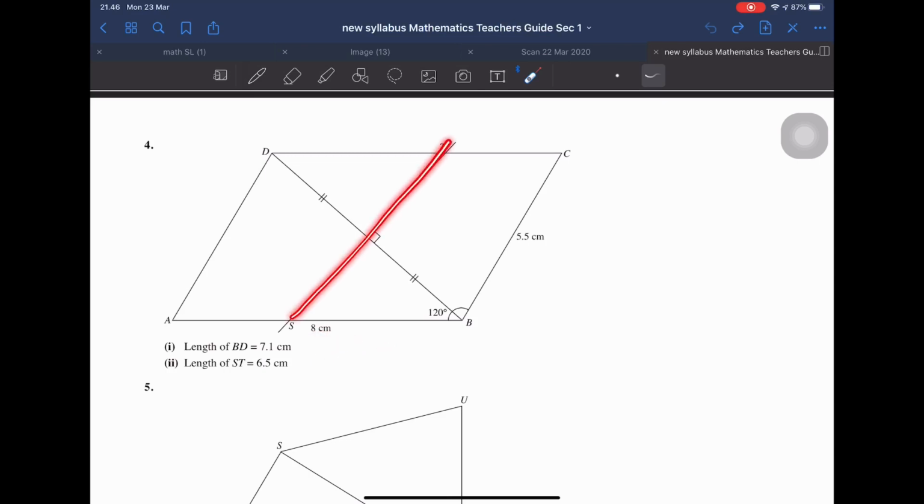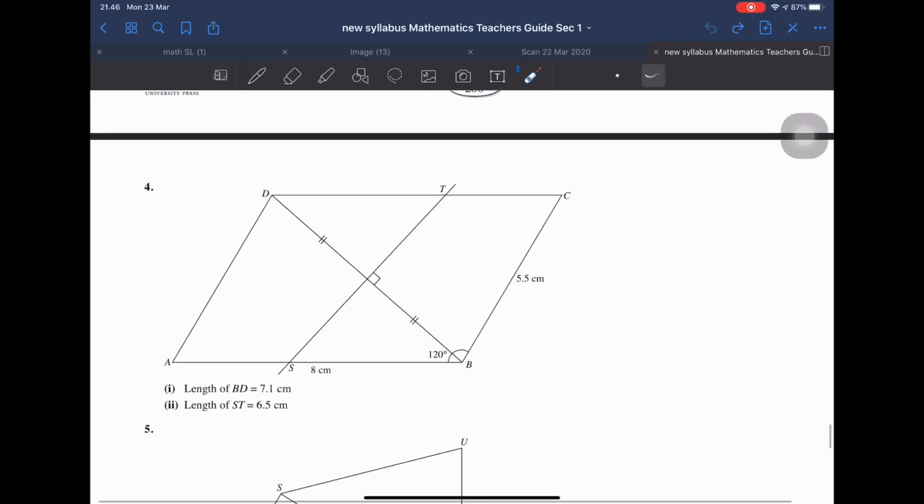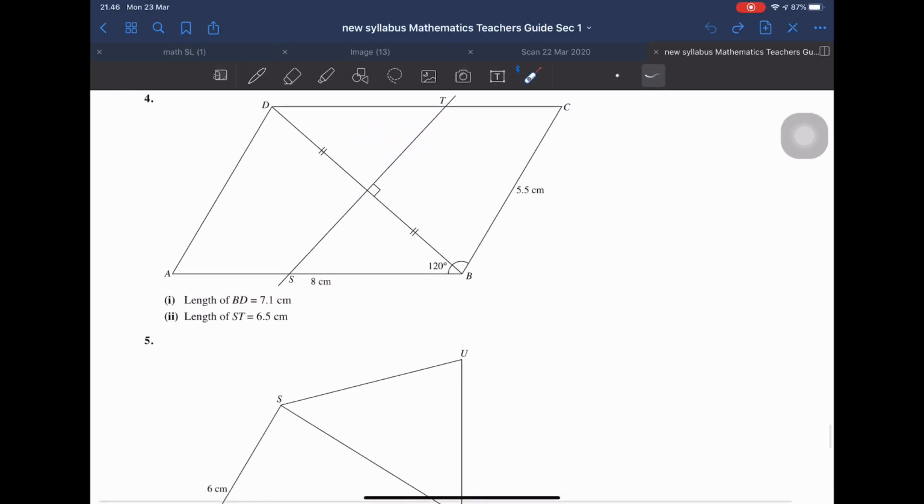ST, 6.5, 2 marks also. So what does ST actually mean? It's the perpendicular bisector of BD, which is this line. And then cutting AB and CD. So this T cuts CD and this S cuts AB. Label it. Total for this is 4 marks. Now number 5,